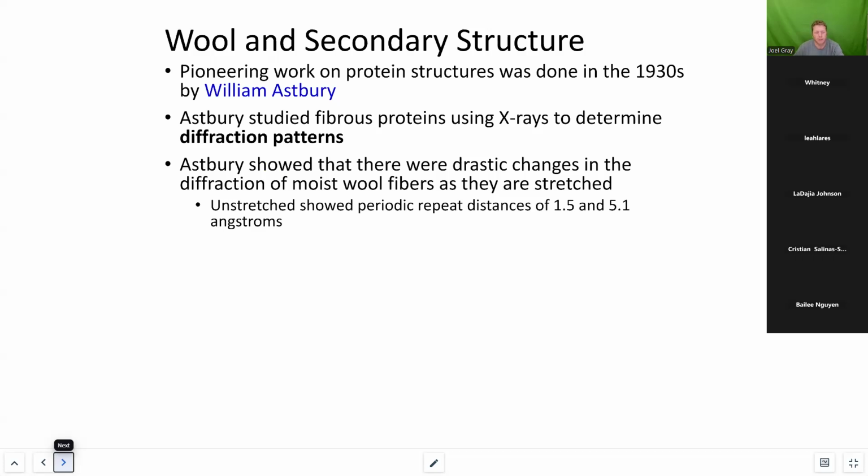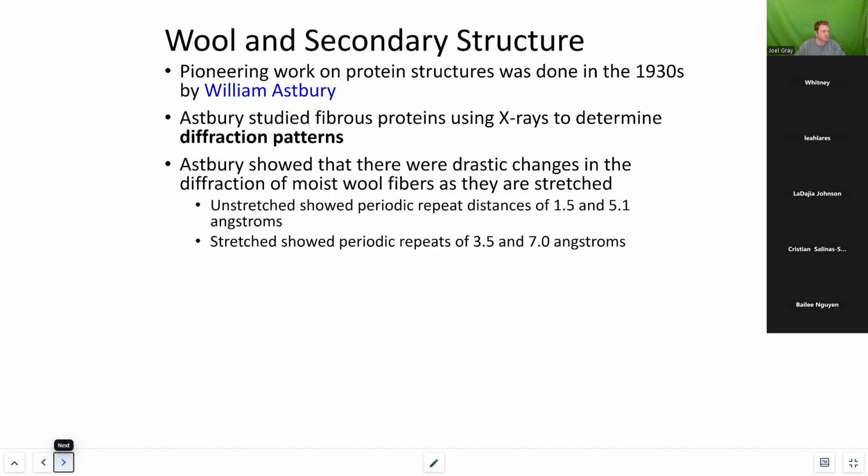It's smaller than a millimeter, smaller than a nanometer, smaller than a micrometer. And an angstrom is basically a measurement that's regularly used on the atomic level. Now, a stretched wool fiber showed repeats of 3.5 and 7 angstroms. Okay, so we have these